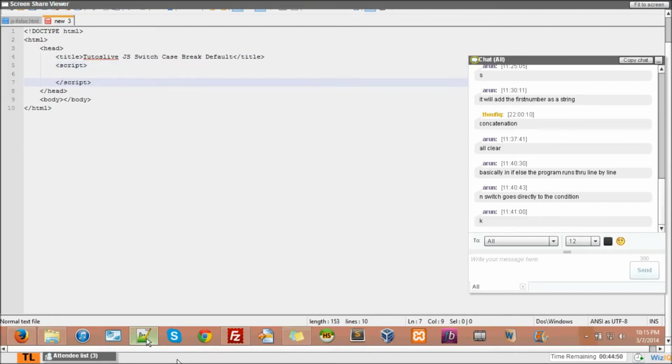And then here's the script. Now here, let's just do this small task. I want to find out. Let's say I give month numbers, starting from 1. 1 stands for January, 2 stands for February, 3 stands for March, like such. 12 stands for December. So I want to just find out. I'll feed an input, say I give a number, and it has to give me a month name.